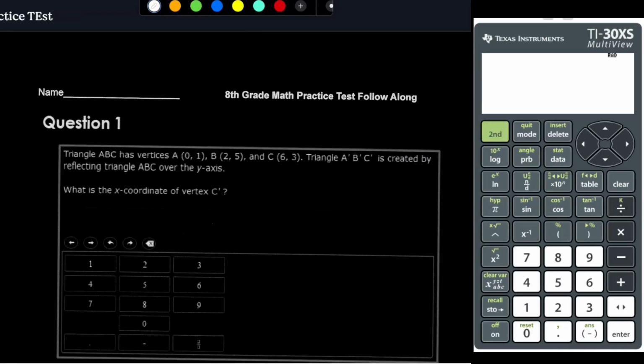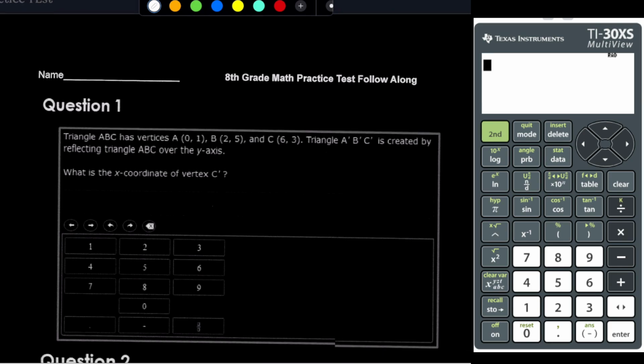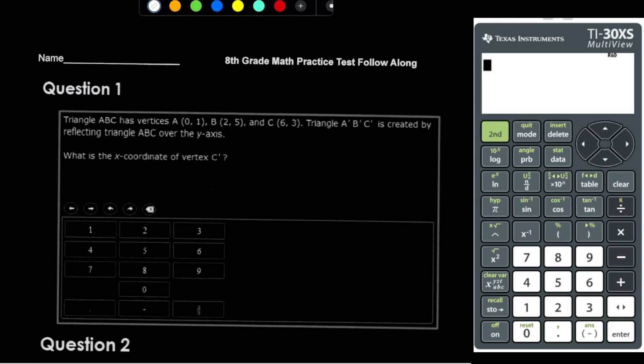All right. Hello, hello. So today we took the practice state test in class, and for our intervention period,